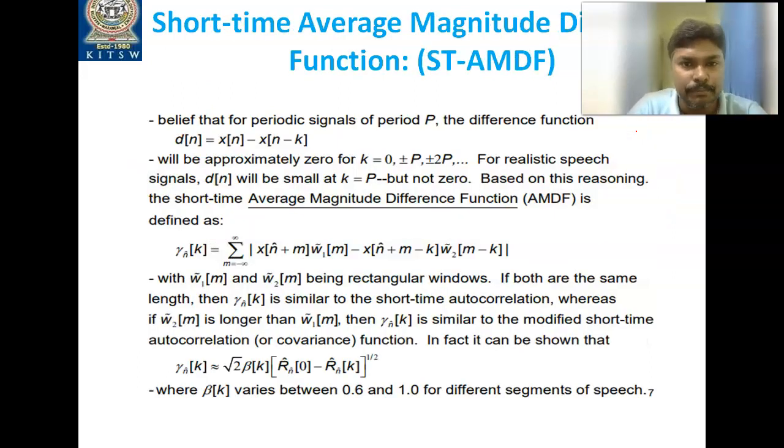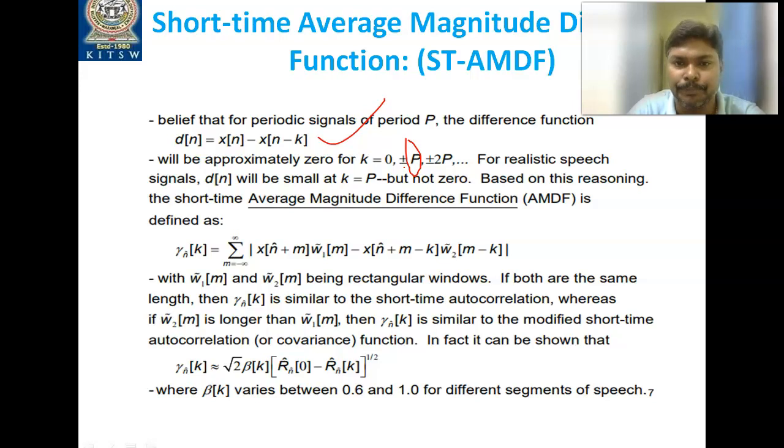Alright, for periodic signals of period p, the difference function should be d of n equal to x of n minus x of n minus k, as we already seen, and that will be approximately 0 for k equal to 0, plus or minus p, plus or minus 2p. So this p refers to the pitch period. This function will be approximately 0 for k equal to 0, for k equal to 1 pitch period, for k equal to twice the pitch period, or thrice the pitch period, like that. But for the realistic speech signal, the d of n will be small at k equal to p,